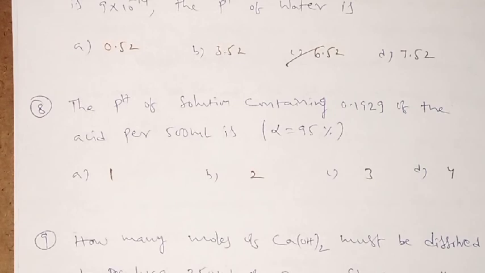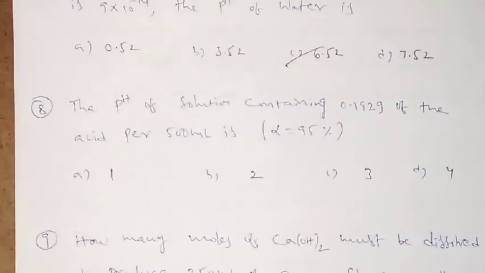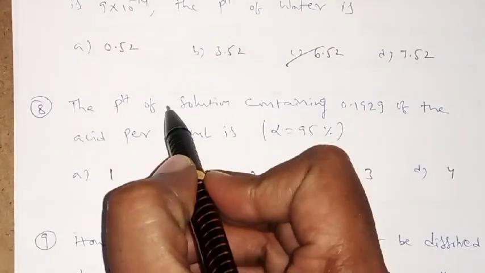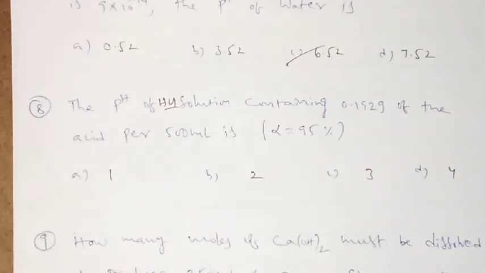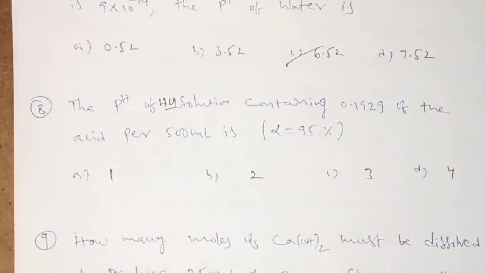So here the acid is not given. If you observe, they are not giving the acid; actually in the main question it is the pH of the HCl solution given, so you can take it as the pH of the HCl solution. HCl solution given, weight given, volume given, and dissociation constant alpha value given. So here you are supposed to identify the H plus value.